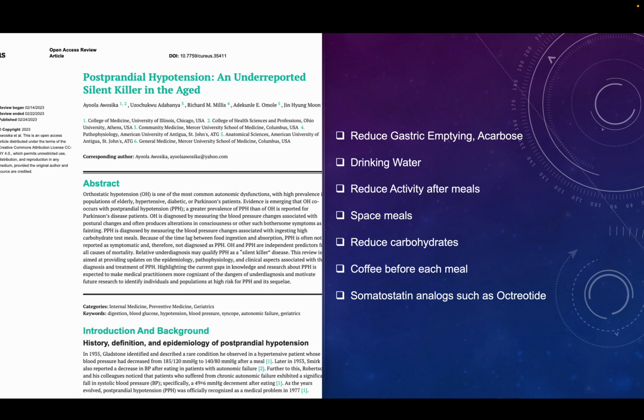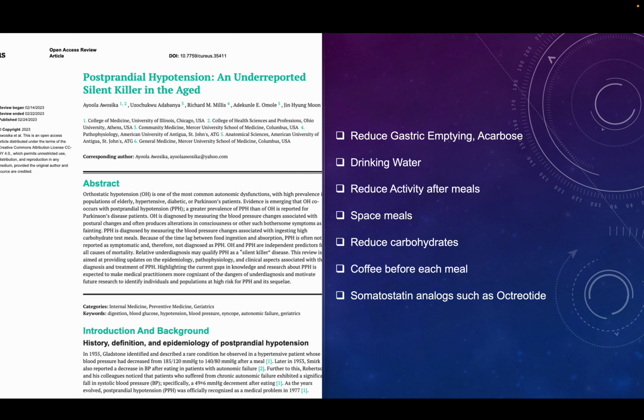So what do we do in these patients? We reduce gastric emptying. Drugs like acarbose reduce gastric emptying. Drugs like metoclopramide would tend to increase gastric emptying. So don't increase gastric emptying, reduce gastric emptying. Increased gastric emptying would cause something like a dumping syndrome, which you would have in bariatric surgery or gastric bypass surgery, where suddenly the food enters the intestine, and release of insulin and so many mechanisms cause a sudden fall in blood pressure. The same thing happens in these elderly. So gastric emptying should be reduced.